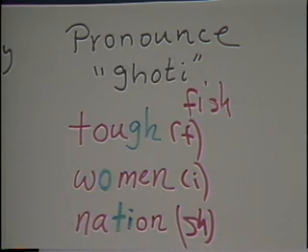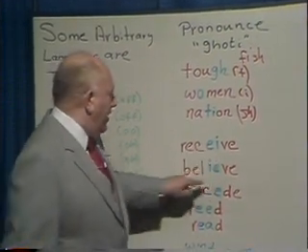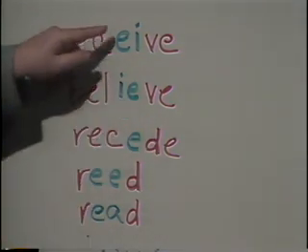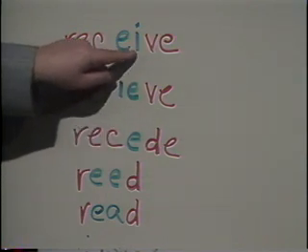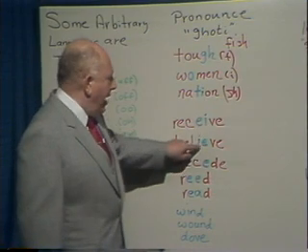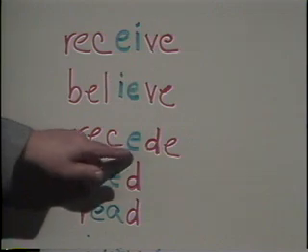See, fish. Look at all the different ways you can make the E sound in English. You can write receive, in which the E comes before the I. You can write believe, in which the E comes after the I. By the way, these are derivatives of the German, and in German, with the EI and the IE diphthong, basically it's the last letter that's pronounced. In other words, with EI in German, it's always I. And with IE in German, it's always E. But look at the arbitrariness in the English language. How about the plain E sound in the word recede? How about the double E in the word read?